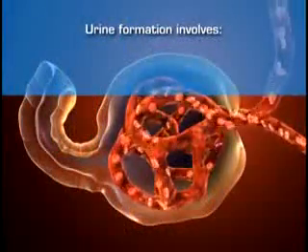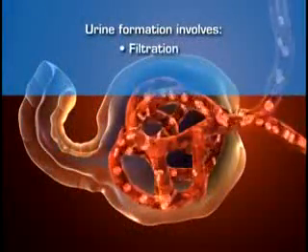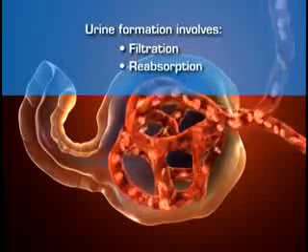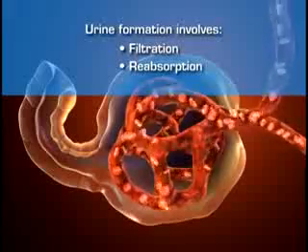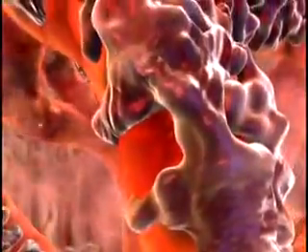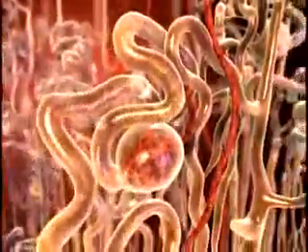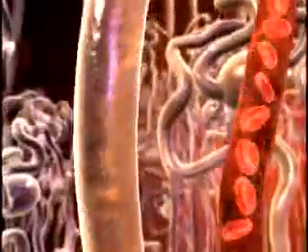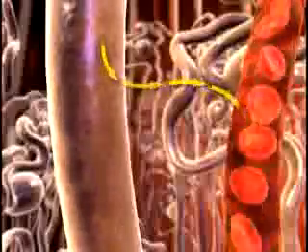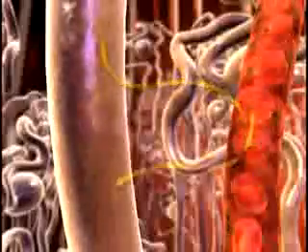Urine formation involves the filtration of the blood by the glomerulus to form an ultrafiltrate of urine, the tubular reabsorption of electrolytes and nutrients needed to maintain the constancy of the internal environment, and the secretion of waste materials. Filtration occurs as blood flows into the glomerulus from its afferent arteriole, and plasma moves through the glomerular capillaries into Bowman's space. From Bowman's space, the glomerular filtrate moves into the tubular segments of the nephron. Here, through tubular reabsorption, electrolytes and nutrients move from the filtrate back into the bloodstream. Here also, through tubular secretion,